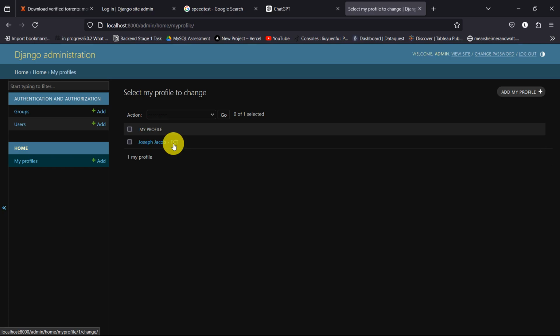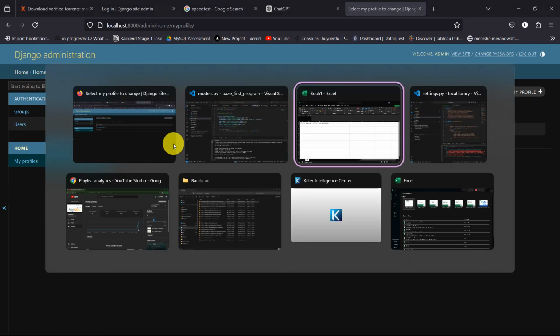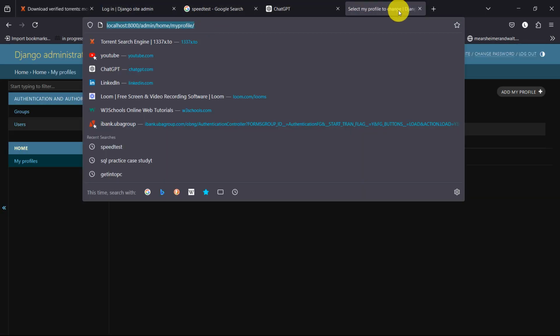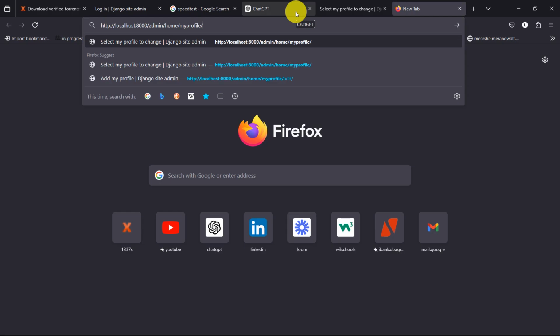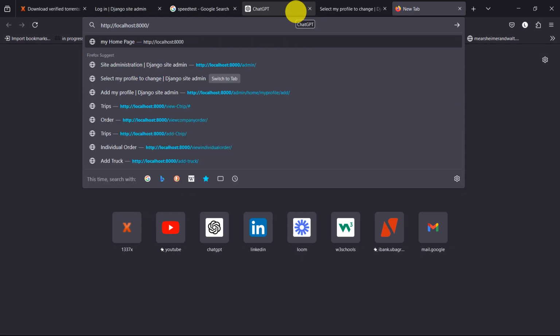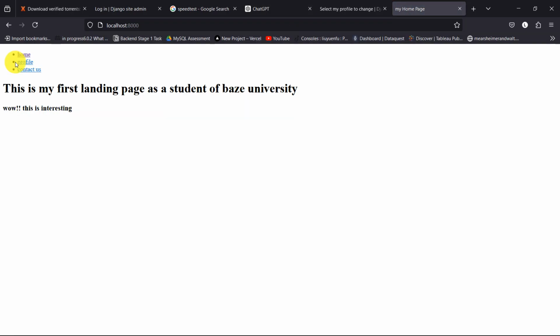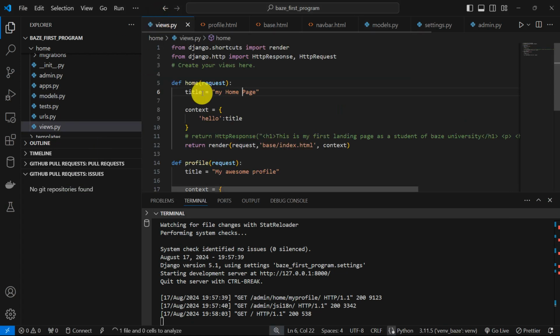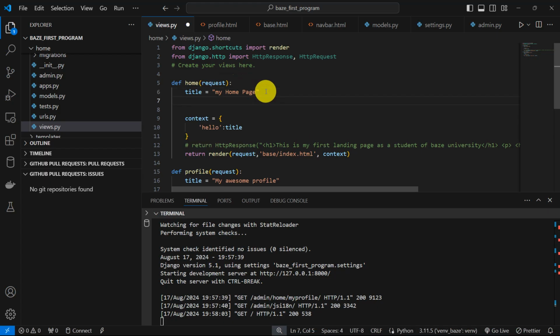Now in the event I want to display it in my front end, that is in my HTML page, I want to display my profile in my HTML page. Let's say in my home page, I want to display it as a list here. How do I go about that? You would go about it by writing that particular logic in your views. And since I want to write it in my home page, I can come and say I'm going to create,